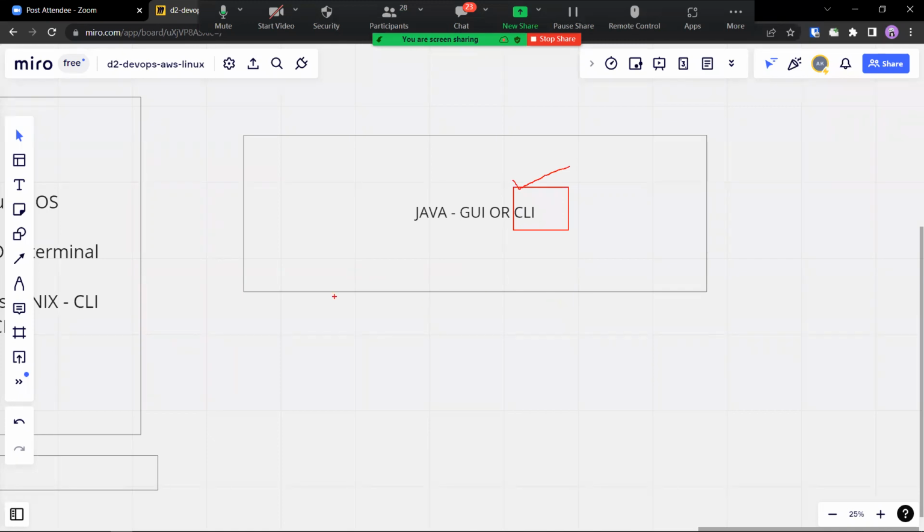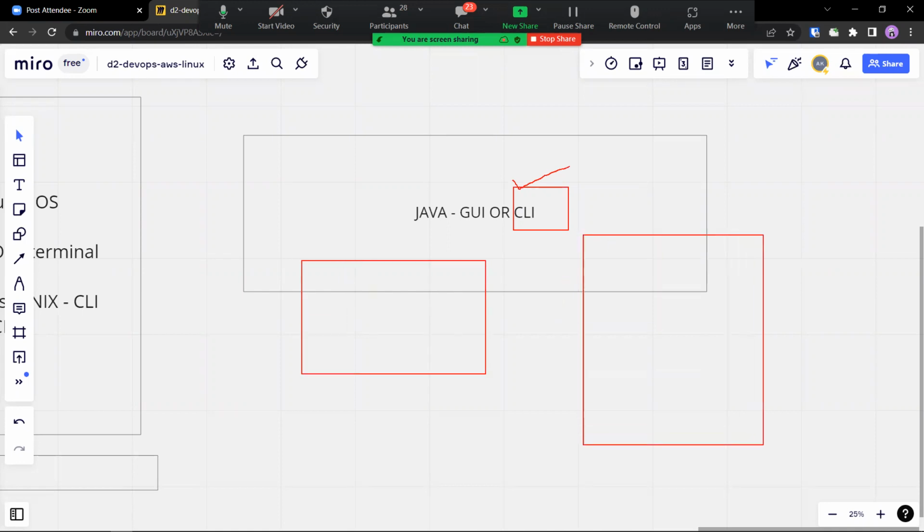Then what is Eclipse? So you have Eclipse, then you have a CLI server. Normally, if this is your Windows machine here, you have the Eclipse IDE. This is where you create your Java program. Once you create it, you create a jar file.